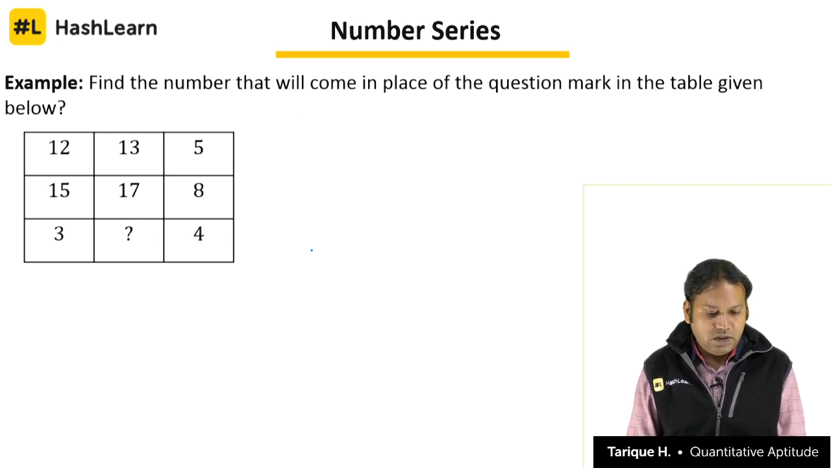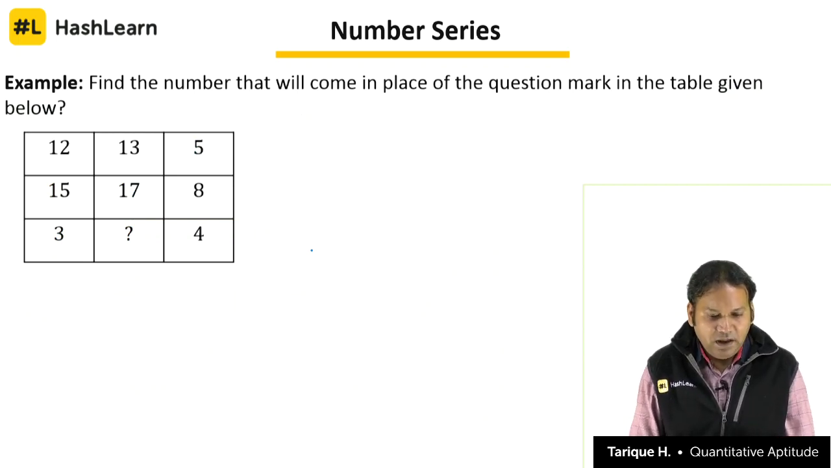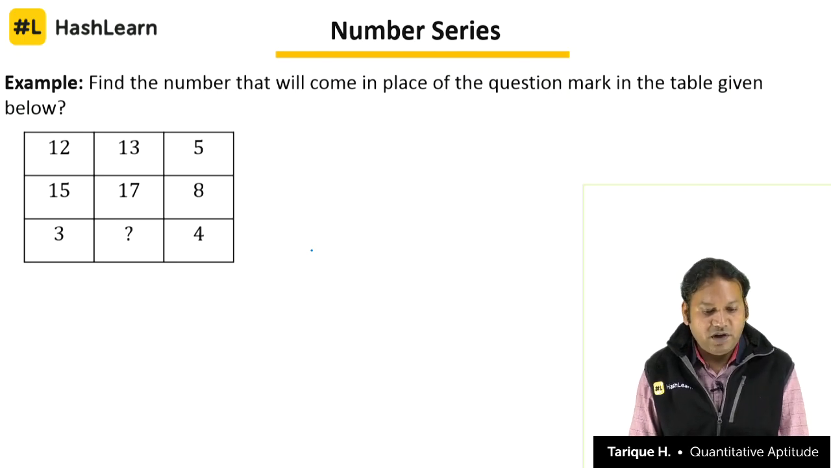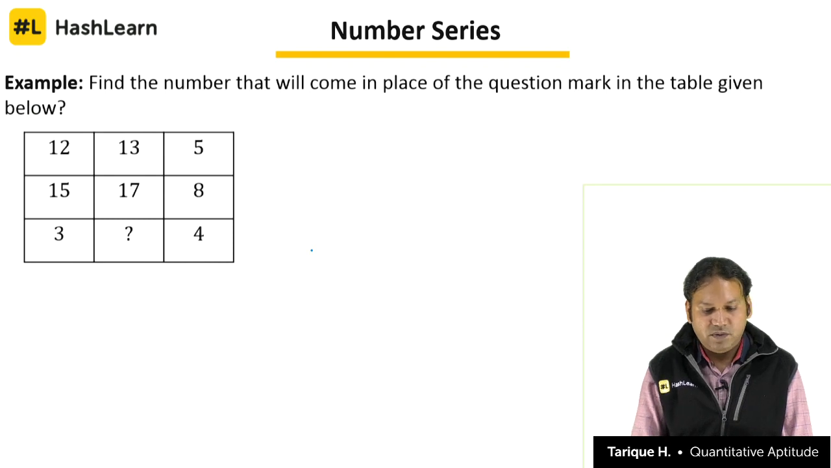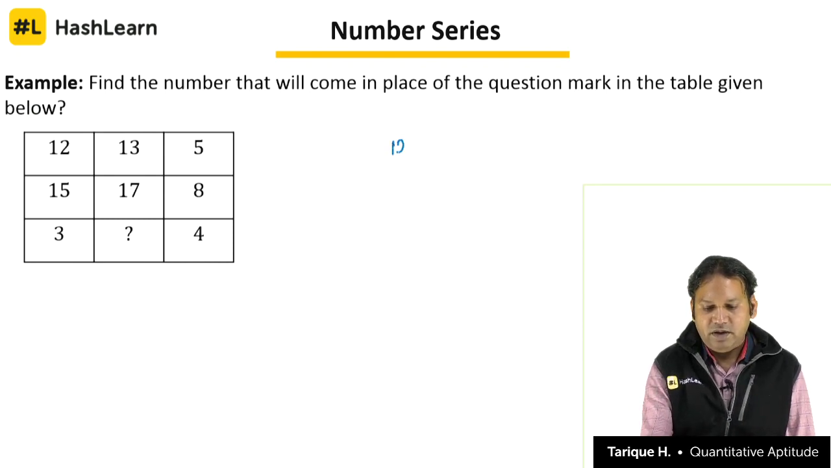Well, let's look at the last question here for the session today. 12, 13 and 5, 15, 17 and 8. This is a grid question, not a diagram question, similar to what you have done earlier. Let's see something new here. So 12, 13 and 5: 12 plus 13 is equal to 25, and the square root of 25 is 5, that's okay, but what about 15